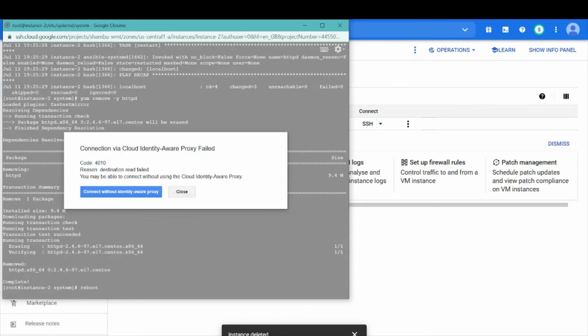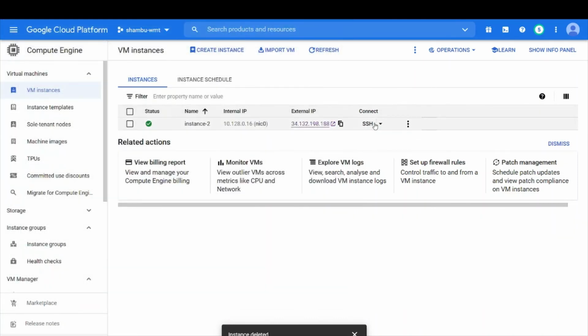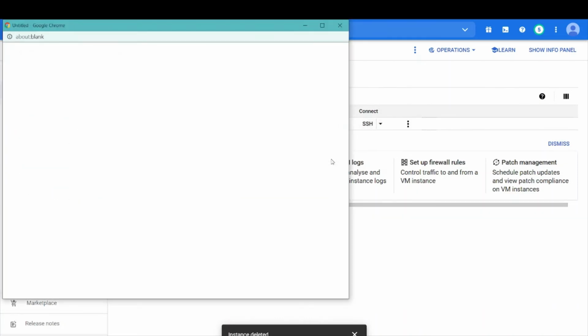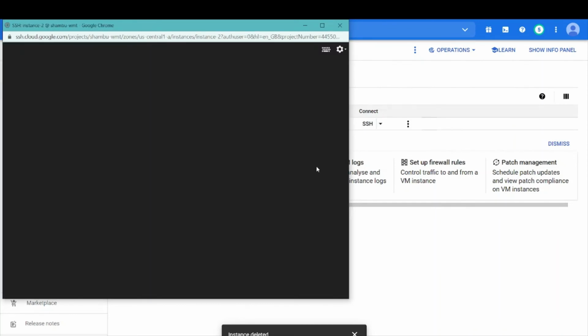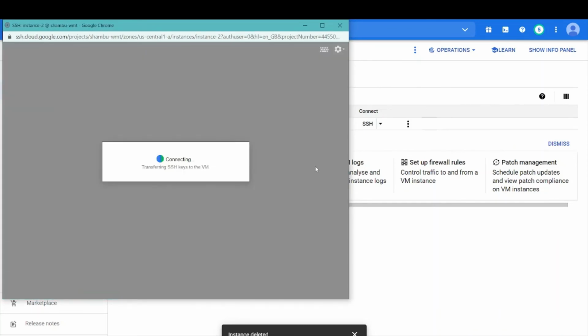I will wait for 5 seconds and then reconnect. I'm trying to connect to the same VM.